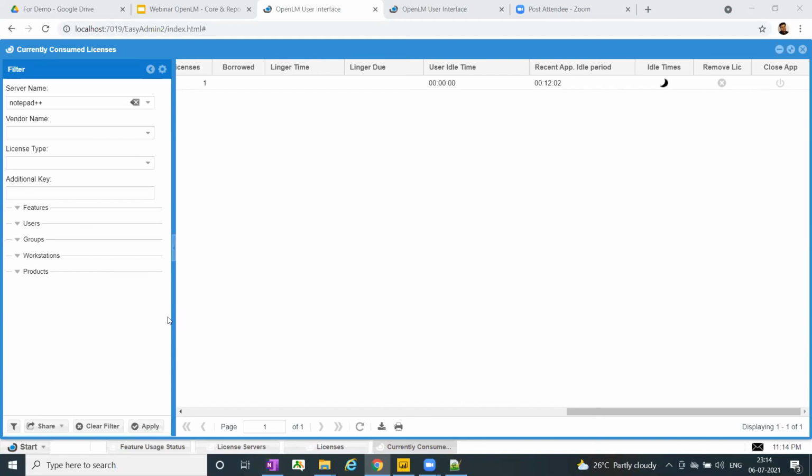Everything is available on our website, openlm.com. There we have a search button on the top right corner of the screen. There you can type in, maybe, OpenLM agent or OpenLM broker, and you will get to see the complete information, like the benefits of it, what information we get if we are using that particular component, how it can be installed, and what the system requirements are.